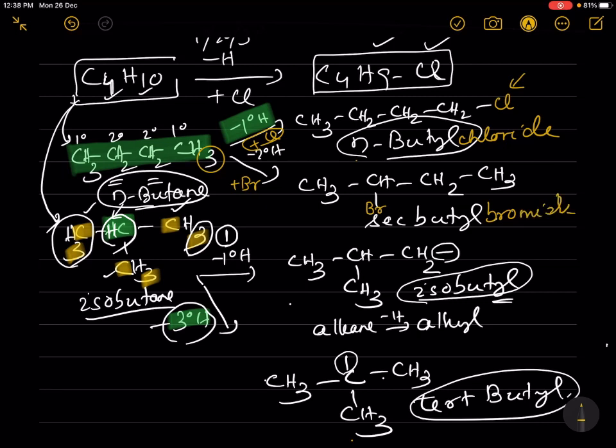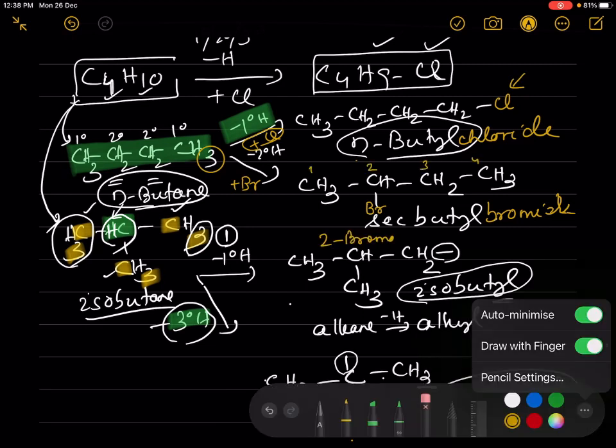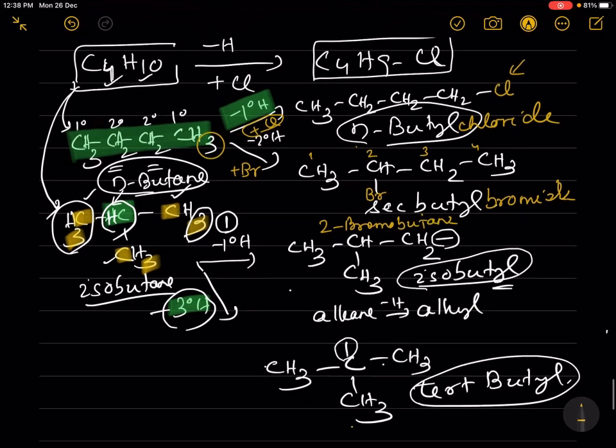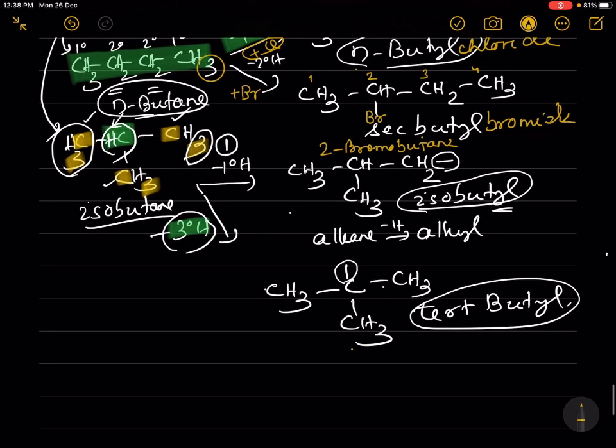This is the common name, and its IUPAC name will be 2-bromobutane. Then in case of isobutane, you see